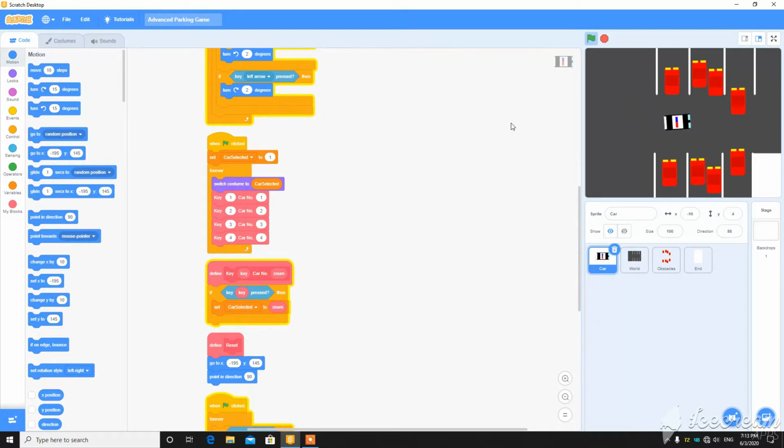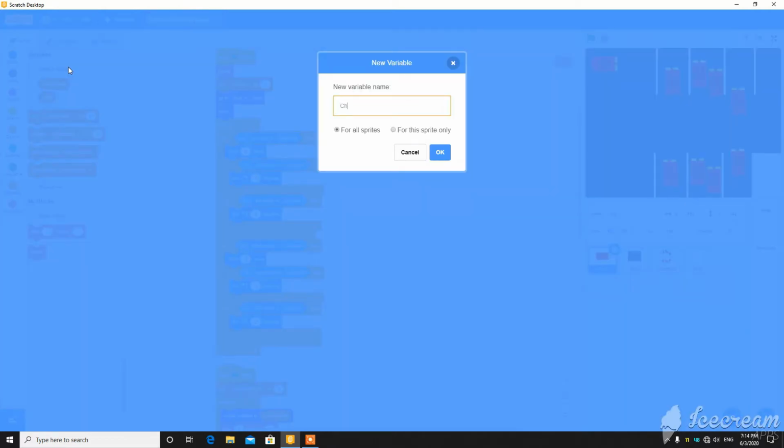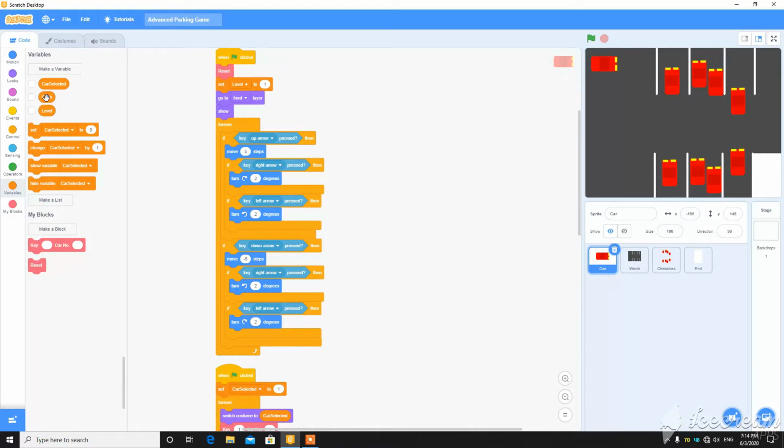Let's see what happens when the scene changes. So good, this is still that car. Now the switcher system needs a cache system, so we'll make a variable called cache. This is the cache the player will hold.